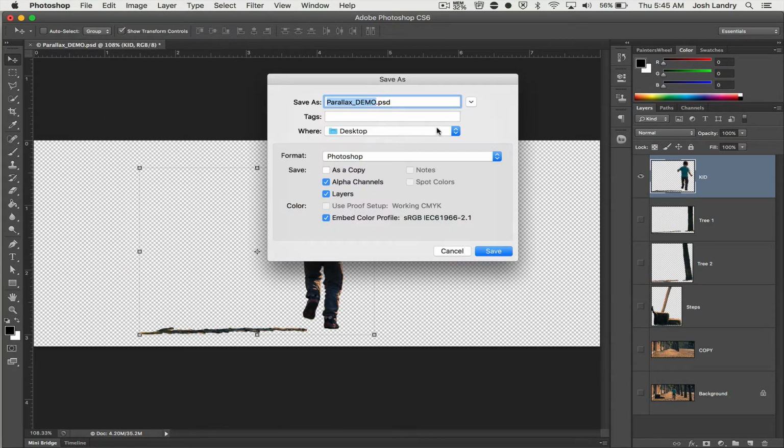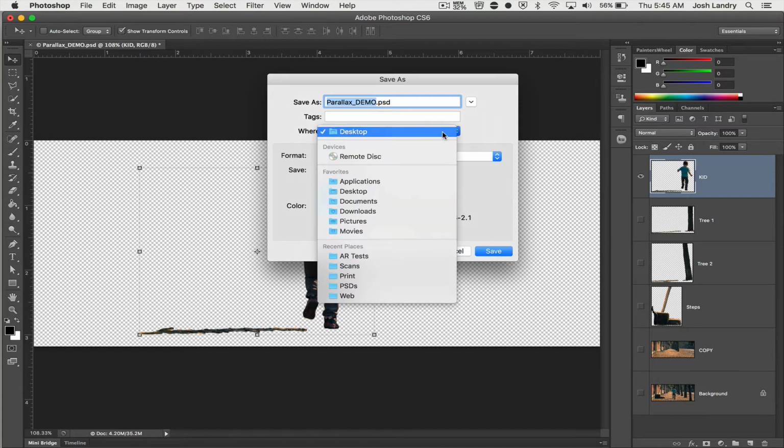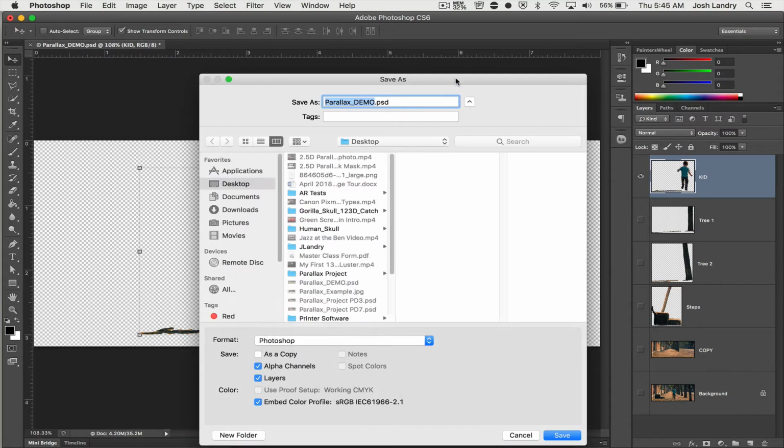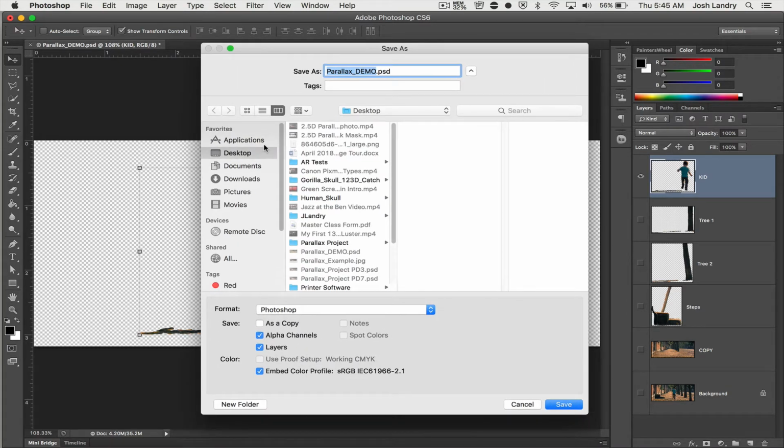I'm going to go find my folder that I just made. So I'm going to click on the little down arrow here. That expands my view. Go to my desktop, and I'll find my Parallax project. Okay, so now that I've selected my Parallax project, I'm going to go ahead and give this a name, and